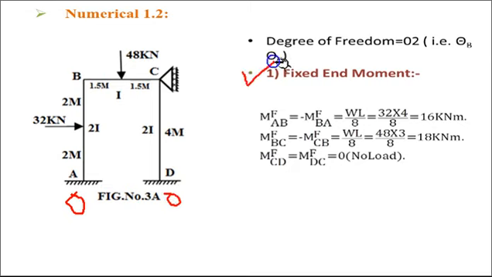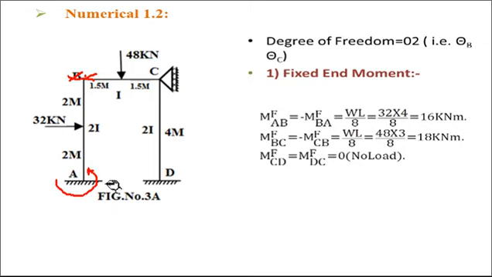Now next step, you have to find out fixed end moment. Now there is a point load. For point load, we know the equation WL by 8 is a formula to find out the fixed end moment for point load at mid span. So find out the fixed end moment for each span. First consider span AB. Treat both ends as fixed. So B also we have to consider fixed, and because of the loading of 32 kilonewton, the fixed end moment will be created at each end.